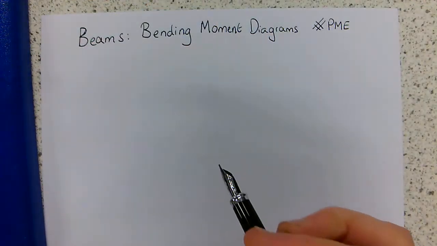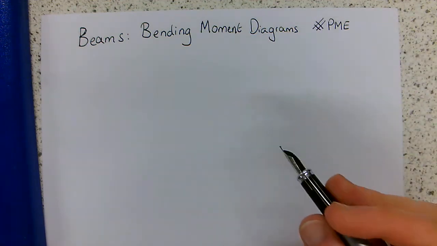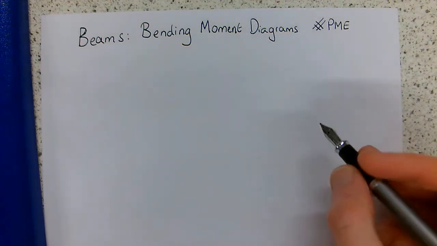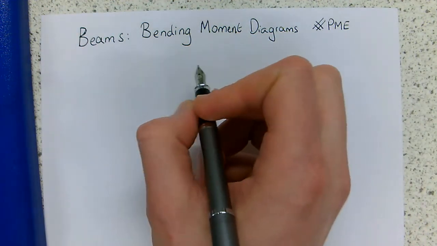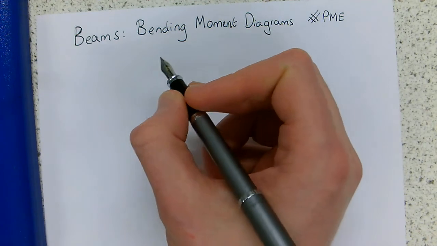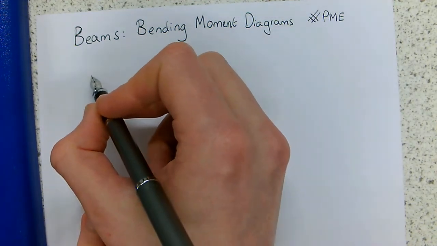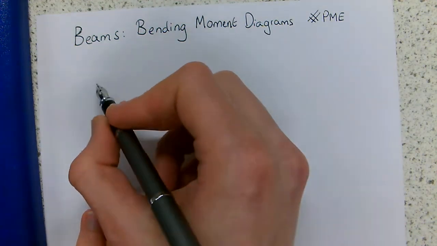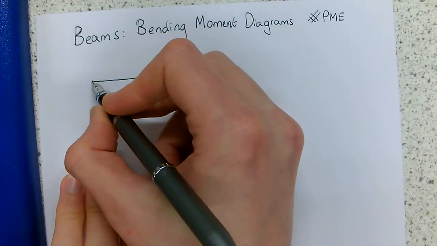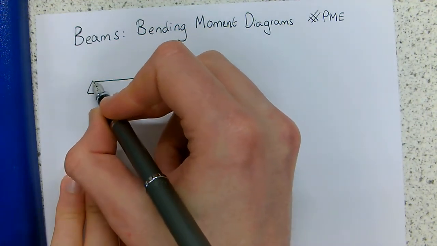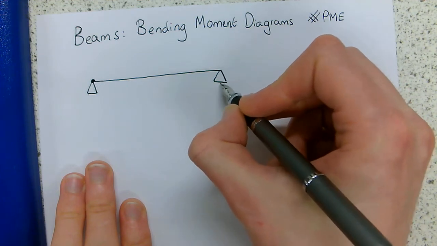Okay, this is a recap video on beam bending moments for Principles of Mechanical Engineering. First thing you need to do is look at a beam that we're going to calculate for, and then look at how we would do it. So we're going to look at first a simply supported beam. That is a beam that is supported by a pin joint or a roller joint at either end,